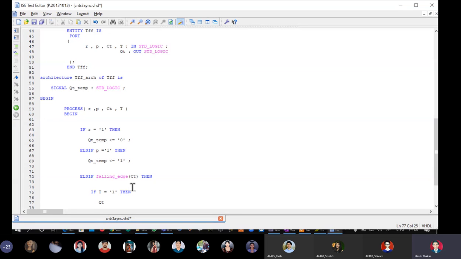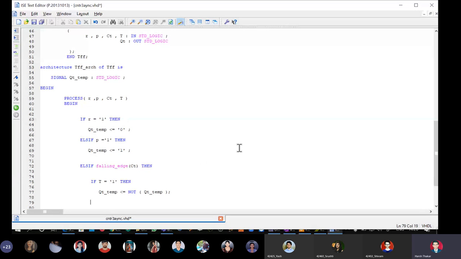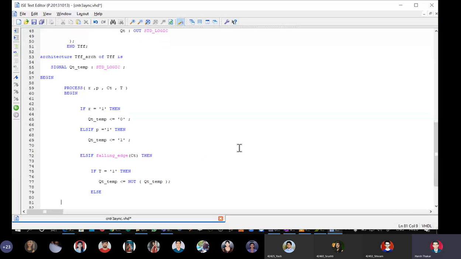So qt_temp should be assigned not of qt_temp. Else will mean T equal to 0. Else qt_temp is assigned qt_temp.